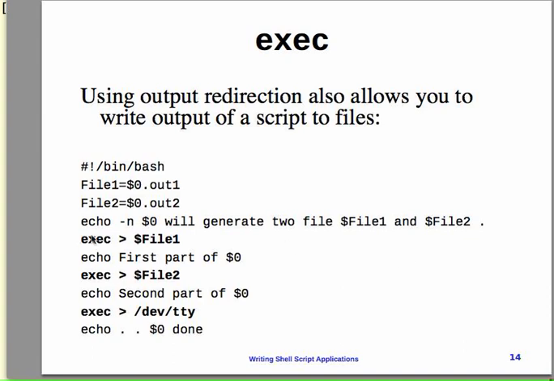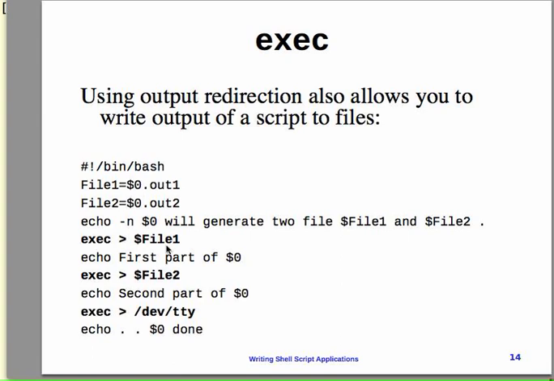And so here's what you need to really pay attention to. What this does is redirect output for all commands after this point to this file 1, which is script.out1. And so you can have any number of commands, and I would encourage you to try it out. Put in a bunch of commands over here. In this case, we just have one echo statement, and so what will happen is this message will get printed